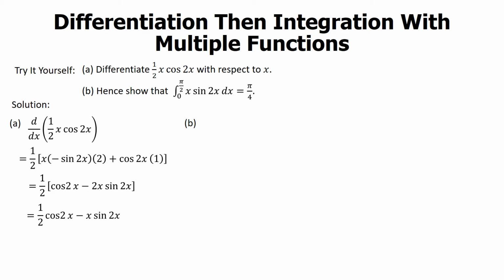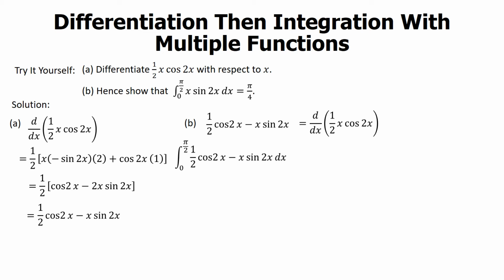For B, we want to integrate x sine 2x. We should start from the result of the differentiation in A, which is half cosine 2x minus x sine 2x equals d over dx of half x cosine 2x. So if we integrate from 0 to pi over 2, half cosine 2x minus x sine 2x dx, we get half x cosine 2x from 0 to pi over 2. Notice that we want this expression x sine 2x, so we want this part. Therefore,